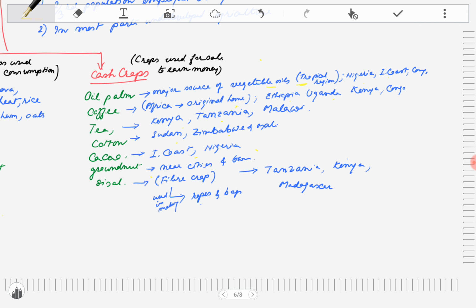And groundnut is grown near cities and towns. And sisal is a fiber crop. It is found in Tanzania, Kenya, and Madagascar, and it is used in making ropes and bags. Okay,